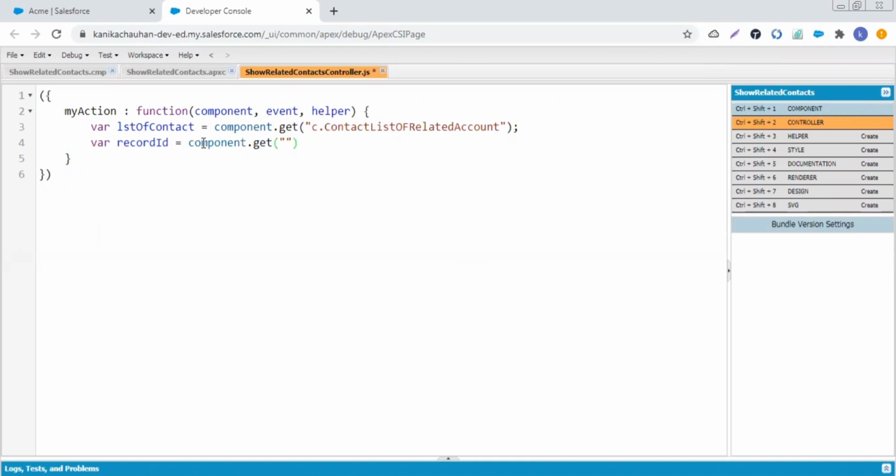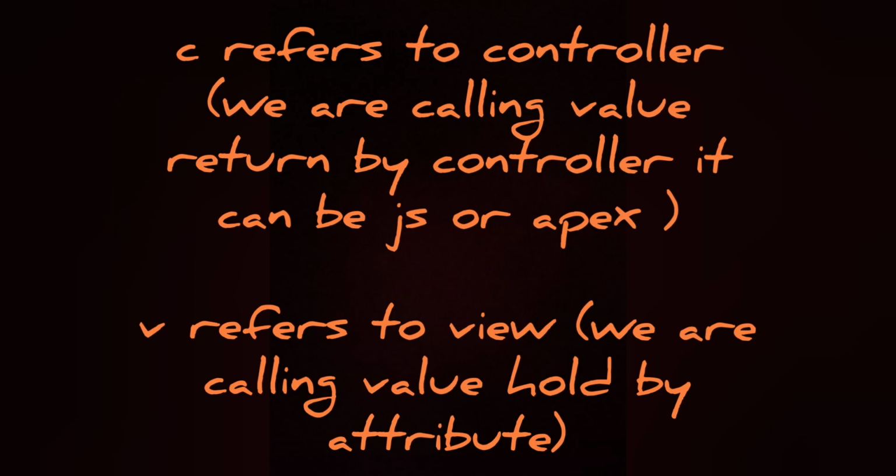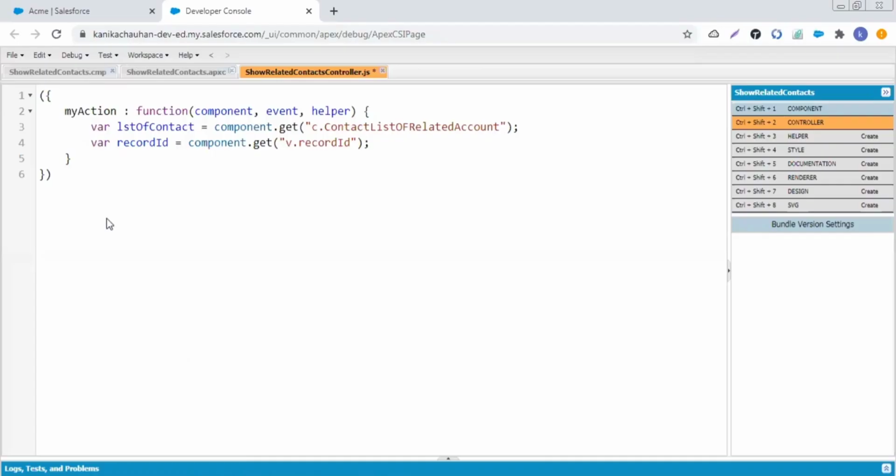Now this is my second variable, var recordId. This is to get the record ID from the page. So I have passed in the parameter v.recordId because I am getting the value from the page. Now in this section I am going to set the parameter.